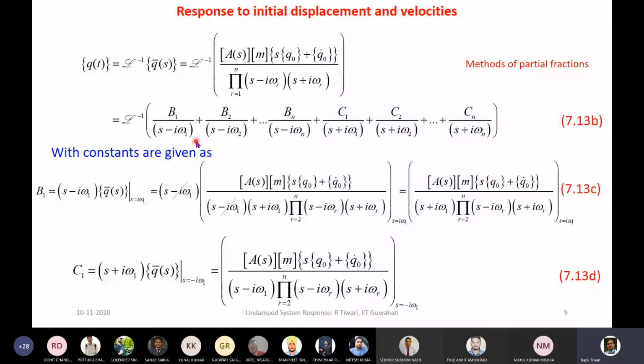So here the idea is, when we want to do the inverse transform, we should be able to convert any equation into some standard form, so that whatever inverse transforms are available in the tabular form can be used. So using partial fractions, we can convert this expression into this form, where, let us say, if you want to obtain b1,